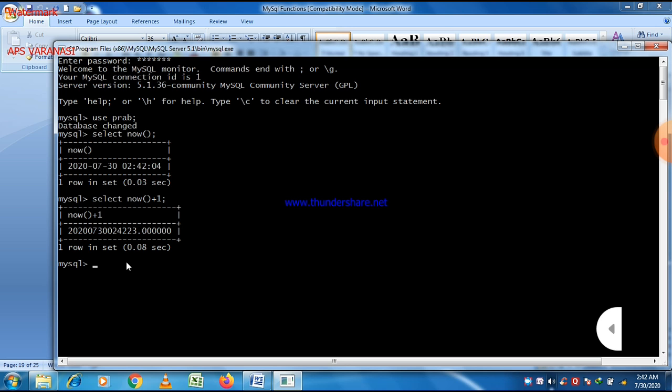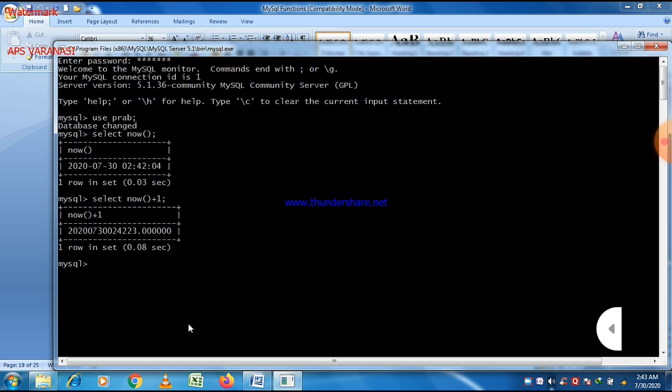You can easily see that now the format is a little bit changed, there is no dash sign here, and the format is year, month, date, and then 2, 42, 23 is the time, in seconds.